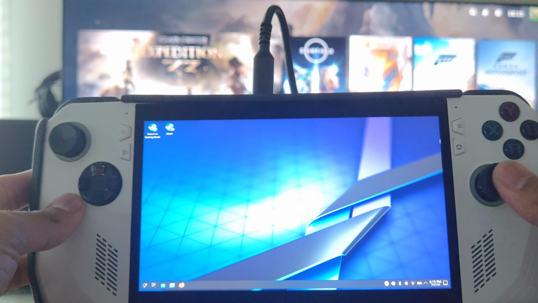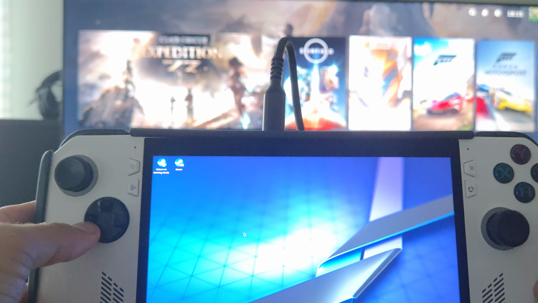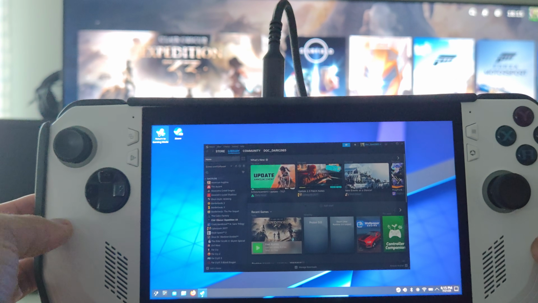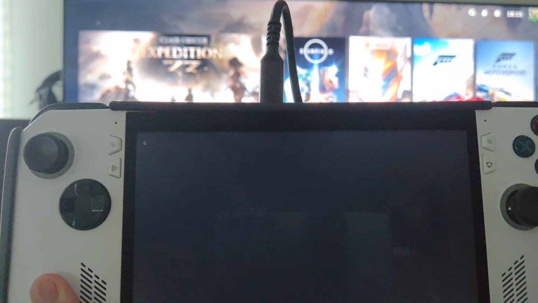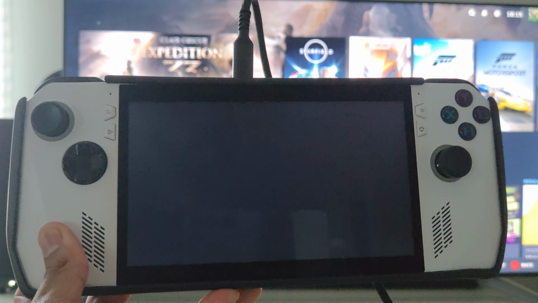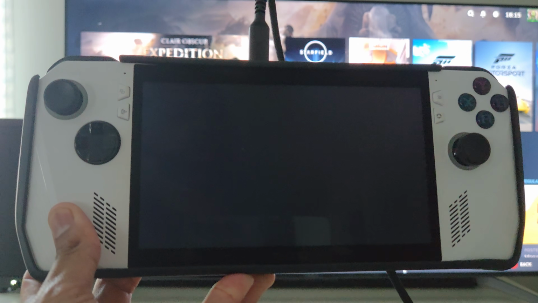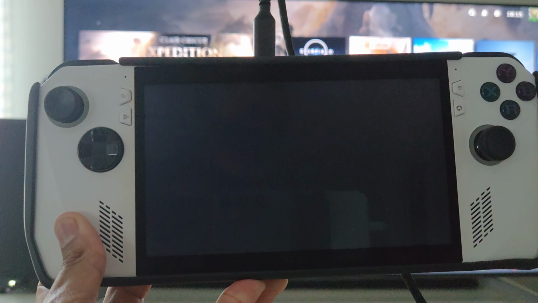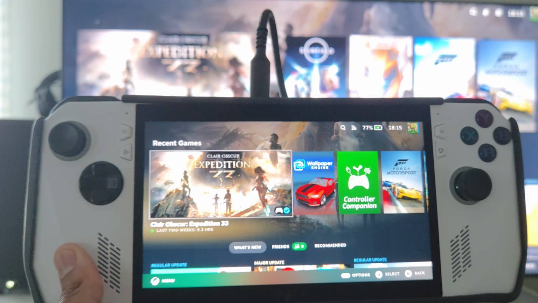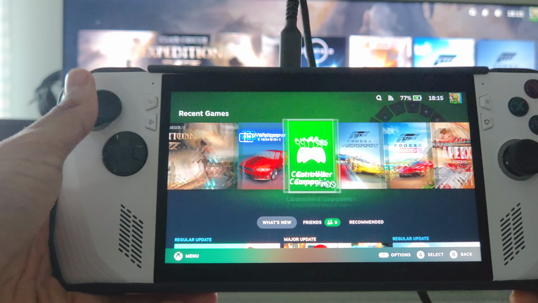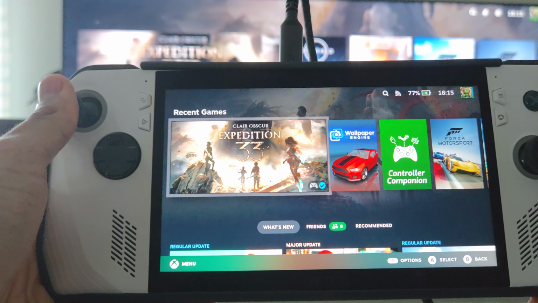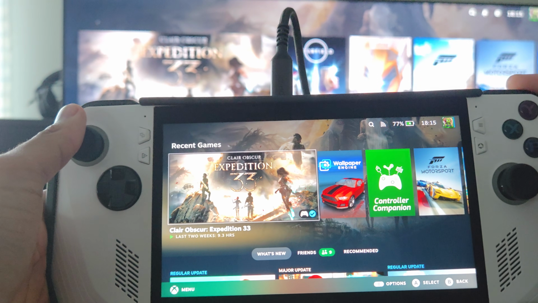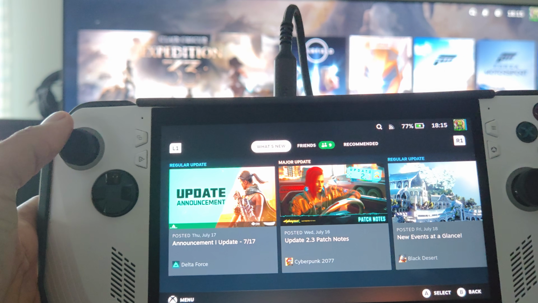So the whole thing is that apparently when you're running SteamOS, it's very light and there's not a whole bunch of stuff running in the background, and it allocates more resources for you to be able to actually play the games and all this other stuff. And yeah, that's essentially what it does. But watch how it loads up. Boom. SteamOS. You guys, please somebody tell me, where do you see the biggest difference between this